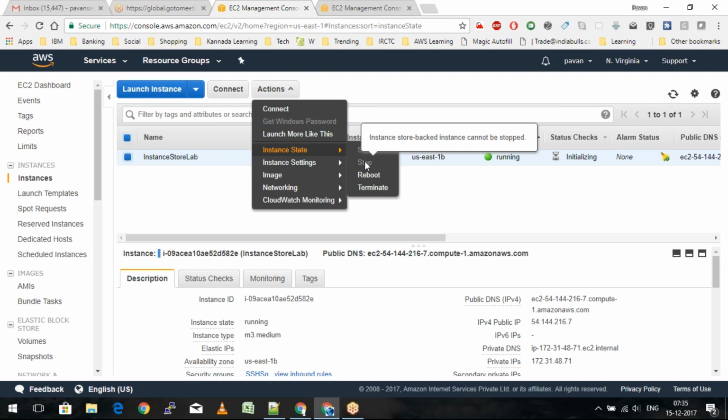So in case, let's say you have installed certain software and you want to get this system restarted in order to get those software changes updated, the reboot option is available. However, the stop option is not available at all. So that's why the instance store volumes are actually called ephemeral storage, which means it is a temporary storage. So if my instance is running and let's say something goes wrong inside it, like it does also happen with our Windows laptops or computers at times, suddenly the computer hangs and we have to completely switch it off, or sometimes a blue screen error or some kind of error we do get and will not be able to proceed further.